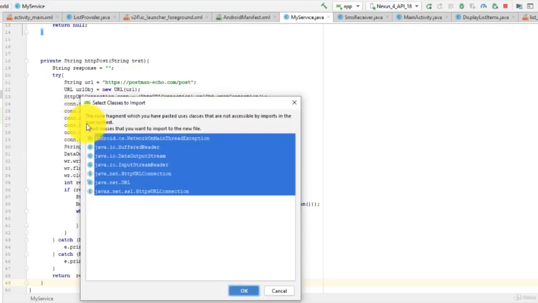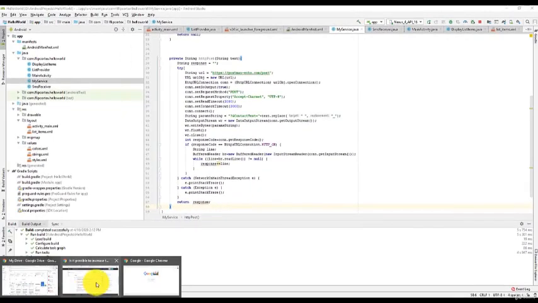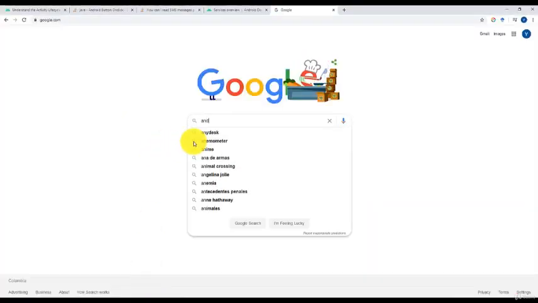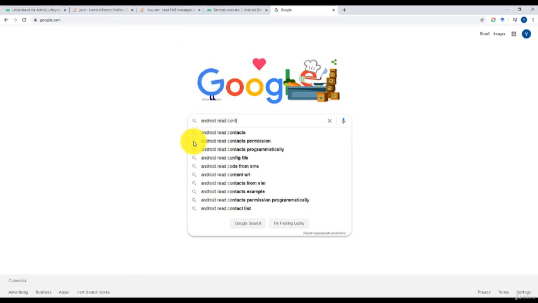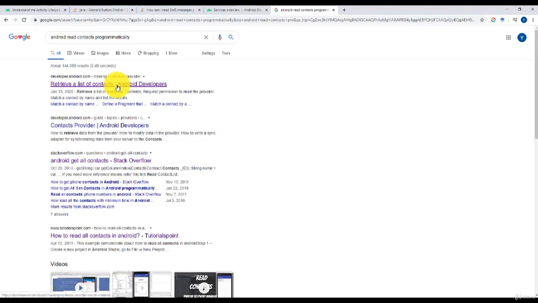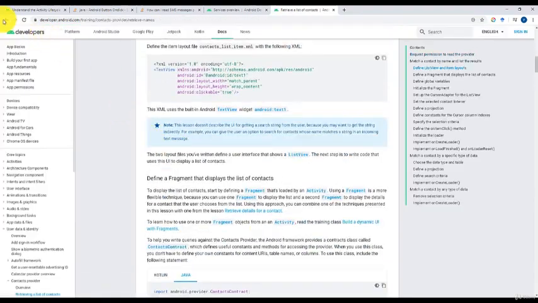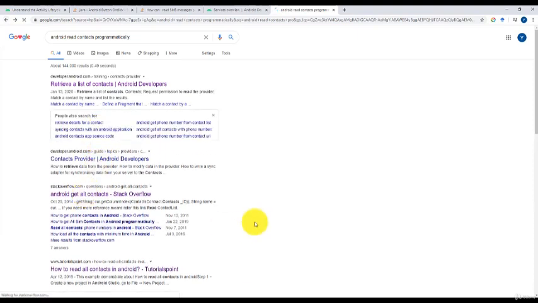Okay, now to obtain the contacts. Similarly, if you go to Google and search Android read contacts programmatically, you'll find a Stack Overflow article with the solution containing the code. Here, we prepared it earlier and just copy and pasted it.